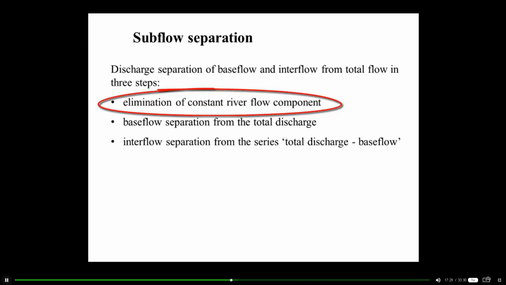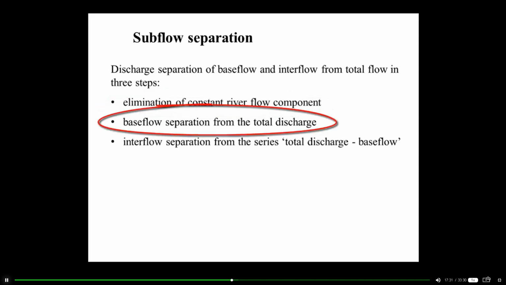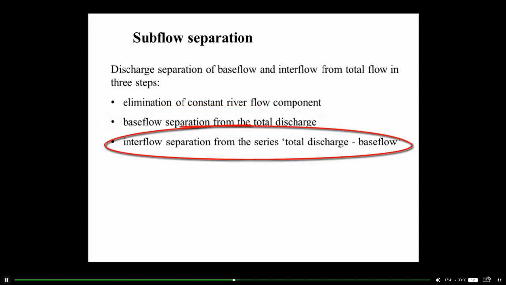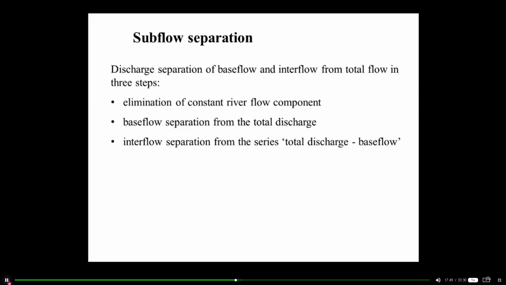And this pure catchment runoff can then be used in a second step to apply the base flow filter to, in order to obtain a base flow filter result. What is then left is the quick flow, and then we apply the filter a second time in order to separate this quick flow in total flow, interflow, and in overland flow. Now, coming back to the first step, subtraction of